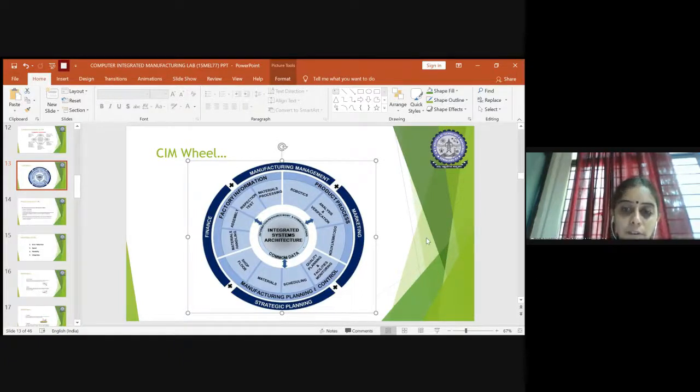Say a civil engineer constructs a building, and the architect you have hired is not good, the looks of it will not be proper. He tells you the building is good, it is huge, but the looks are not better. So a good architecture should also be there, so that even though it works properly, it looks compact and runs in a systematic way without any lack of time or idle time, and everything goes hand in hand, even with respect to the technical aspect. So all these should be architected properly.